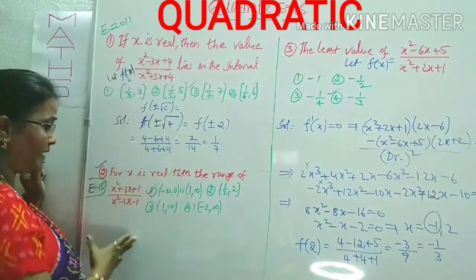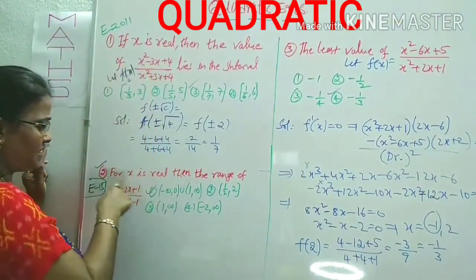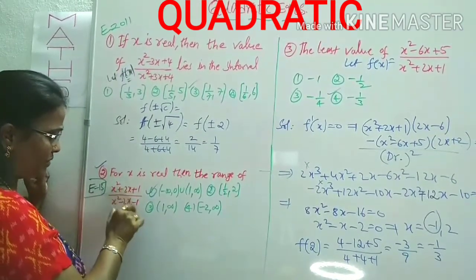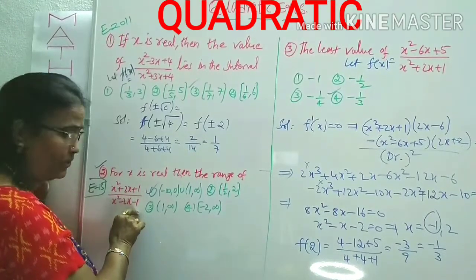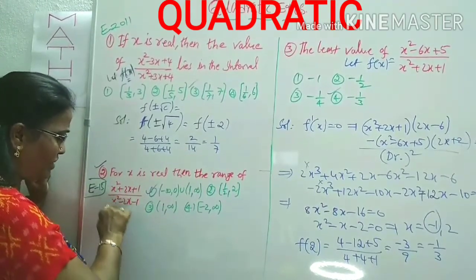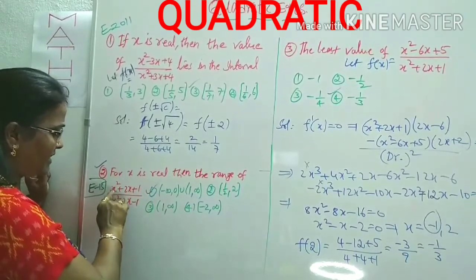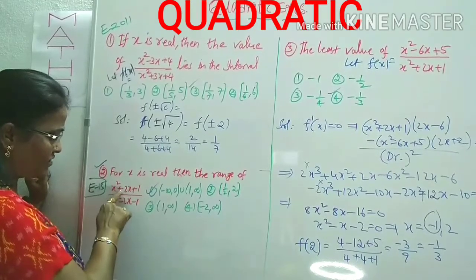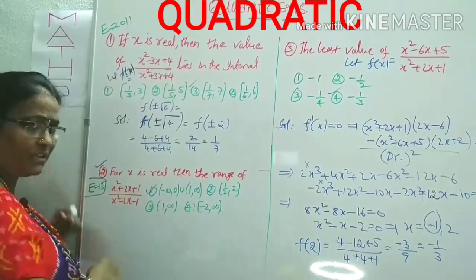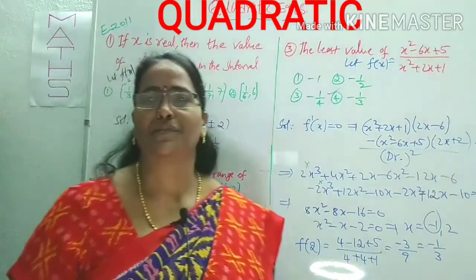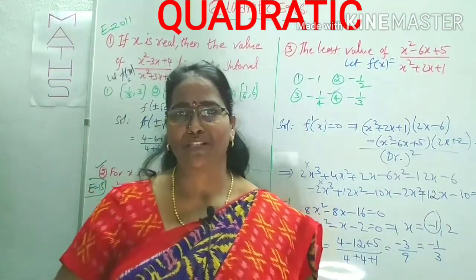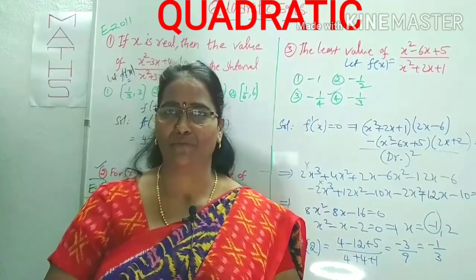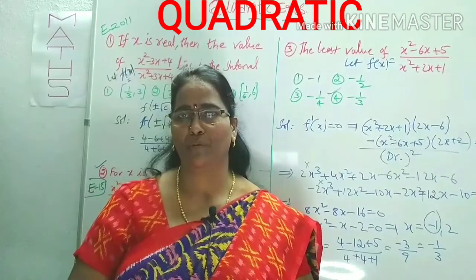Now come to the similar way. This is not in this form. Just we can observe that here x square plus x plus 1, x square minus 2x minus 1. To reduce this to a least value or maximum value, whatever may be the denominator formation, we can reduce into numerator. Denominator x square plus 2x plus 1 by x square minus 2x minus 1. We can reduce the numerator as x square plus x plus 1 with minus 1 plus 2, then make the separation, and we can use the minimum maximum value of the expression ax square plus bx plus c. What is that? 4ac minus b square by 4a. From that we can find out minimum maximum values.